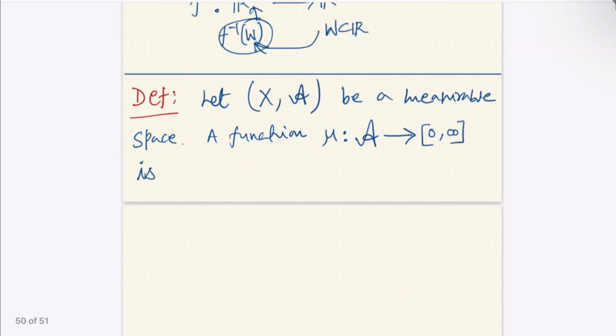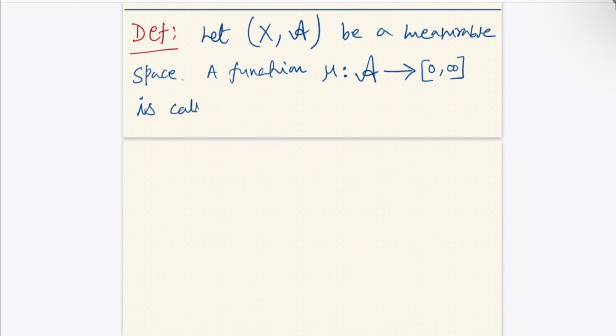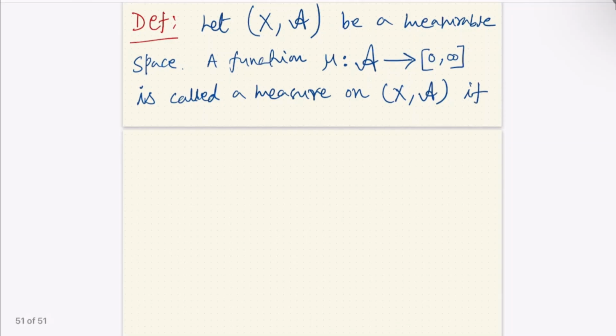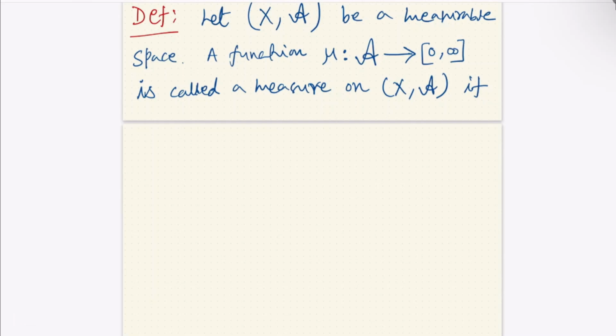The function mu from the sigma algebra to 0 to infinity is called a measure on the measurable space x comma A if the first condition, the same as in the question I gave, is mu of phi equals 0, the measure must be 0. The second,